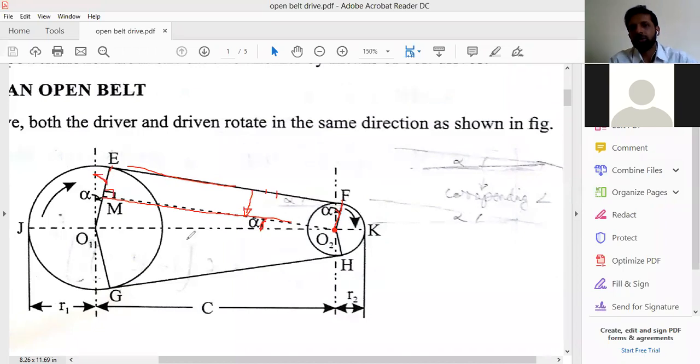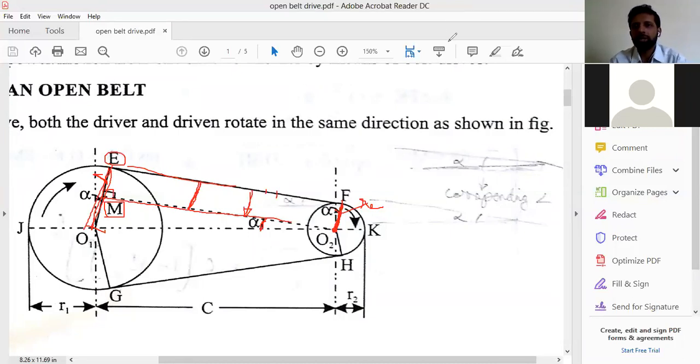So what we are going to have is O1 and O2, the centers of the shafts at the bigger end and smaller end, and one more point M. By how much have we moved this? We have moved it by this particular distance, which is denoted by R2. So this distance is nothing but R2. And the distance from O1 to E is going to be R1. Please remember this.